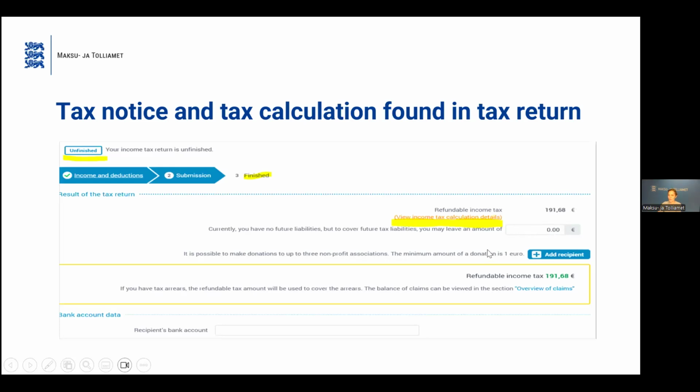And also, if you have any kind of tax debt, then this tax debt is taken from this refundable amount and not refunded also. And you can see your tax debt also here. And here is the place where you shall fill in the bank account information if you have any refundable income tax amount.